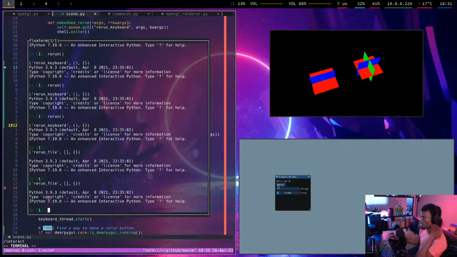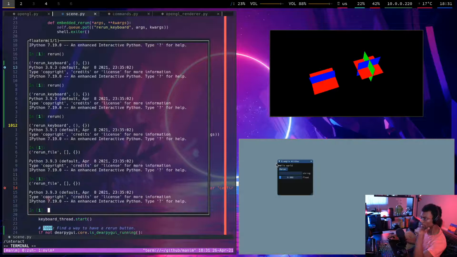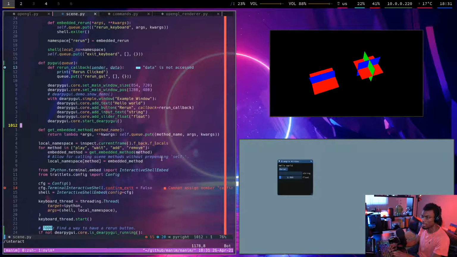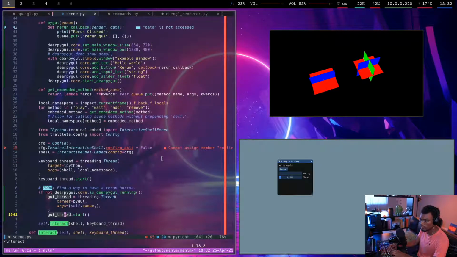So how can I communicate from the GUI? It's the million-dollar question. Maybe the GUI needs a reference to... Maybe the GUI can have a reference to the renderer or something like that? Let me try. So I'll pass this the renderer. Sure. Or,